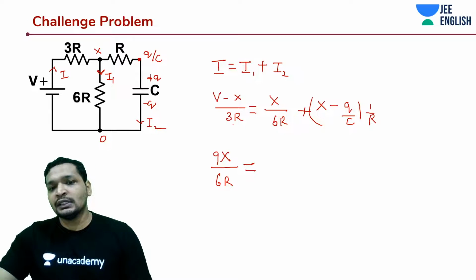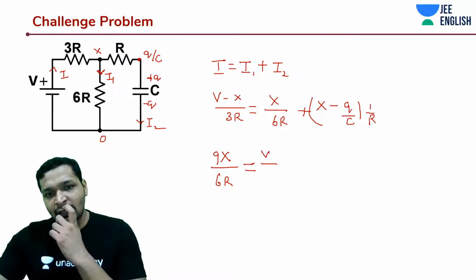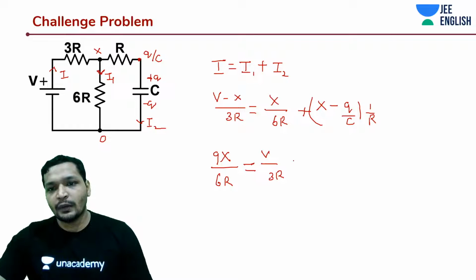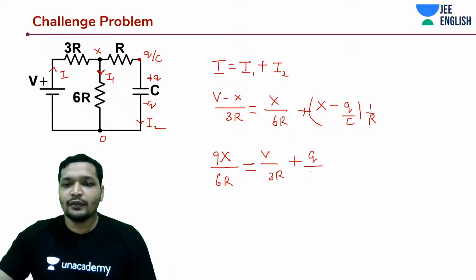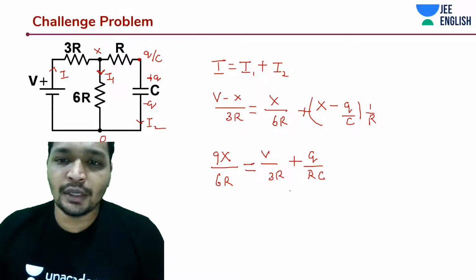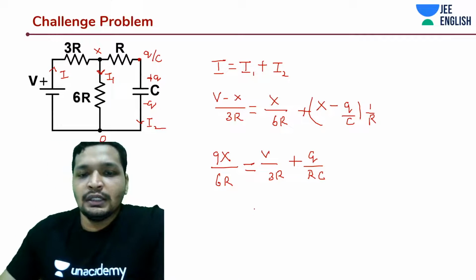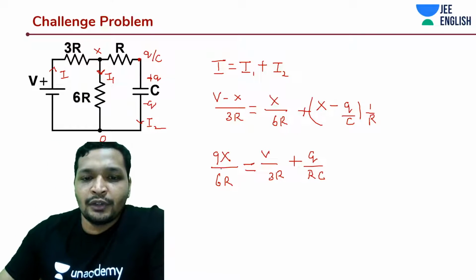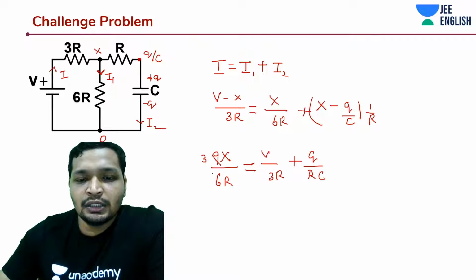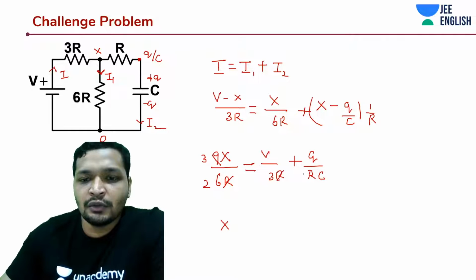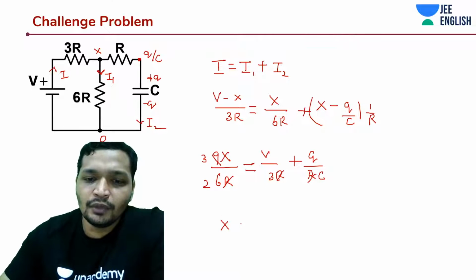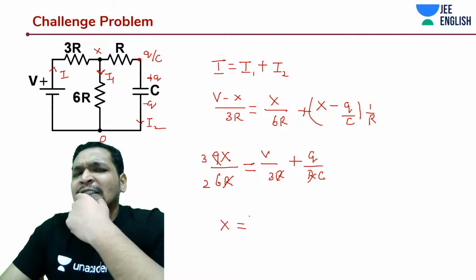And what about this? This is going to be V by 3R, plus, this is standard, right? Q by just RC, that's it. Okay, this is going to be very typical that you're going to face. This is 3, this is 2, and there you go, you got the value of X. You cancel out all the R's. Maybe you don't even want to write the R's